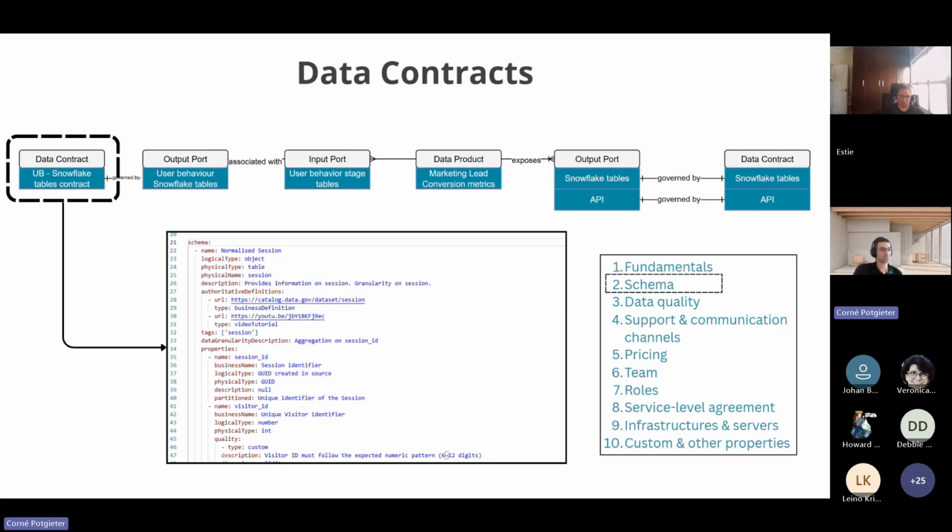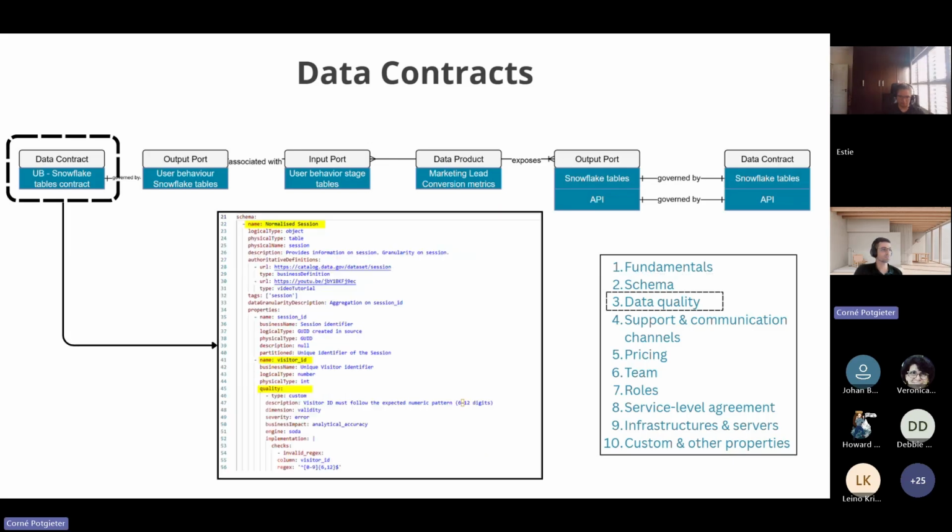I'm not going to go into all the metadata that is available, but there's quite a lot, and you can go read about it in the URL, which I can also share afterwards. This is the one I want to pause on a little while, because I feel this is a very good place to document your data quality standards.